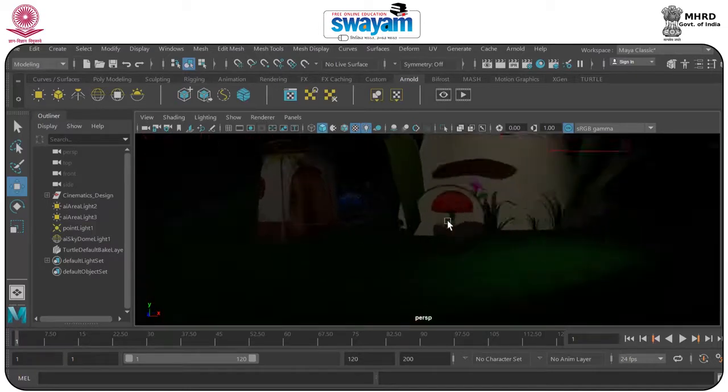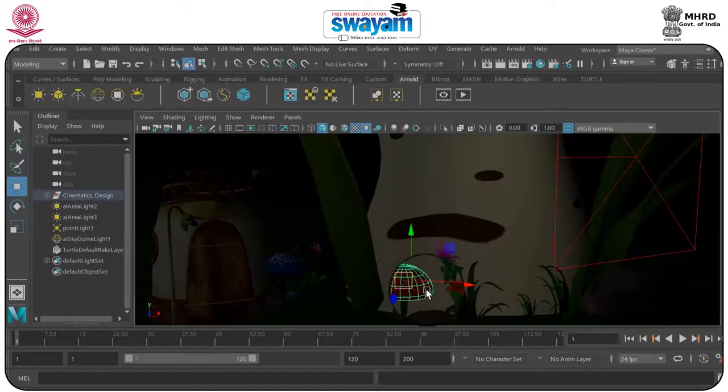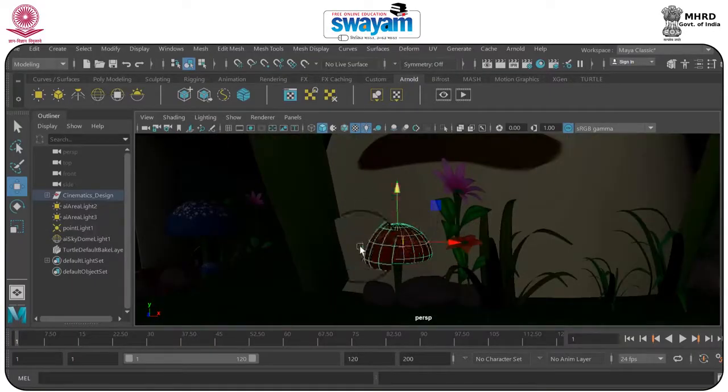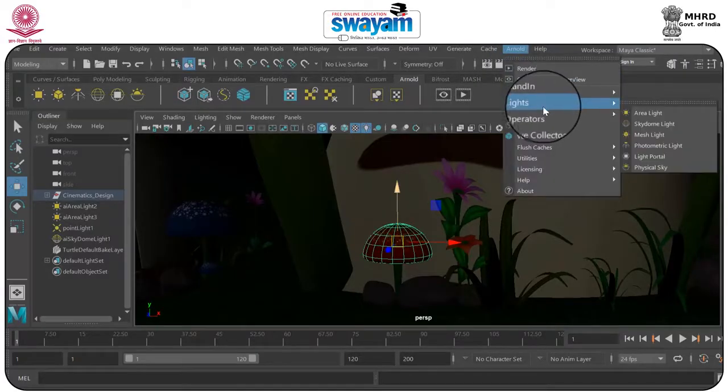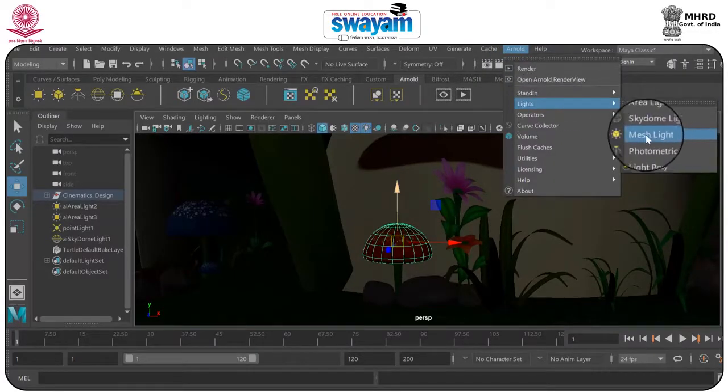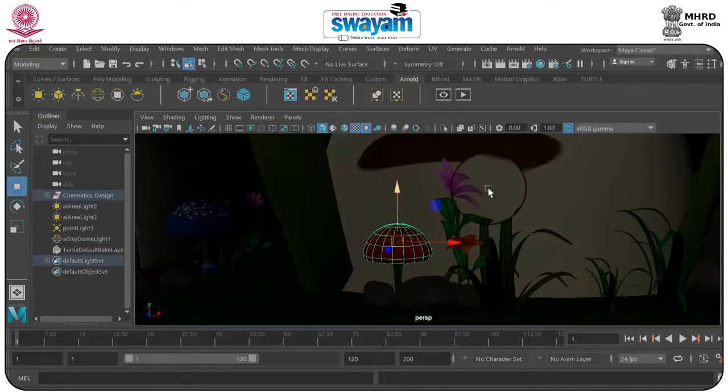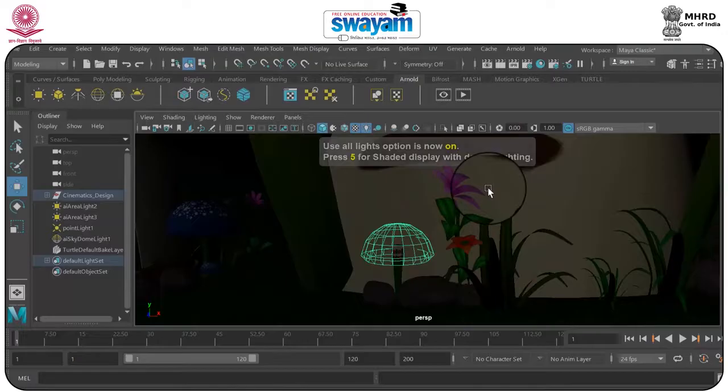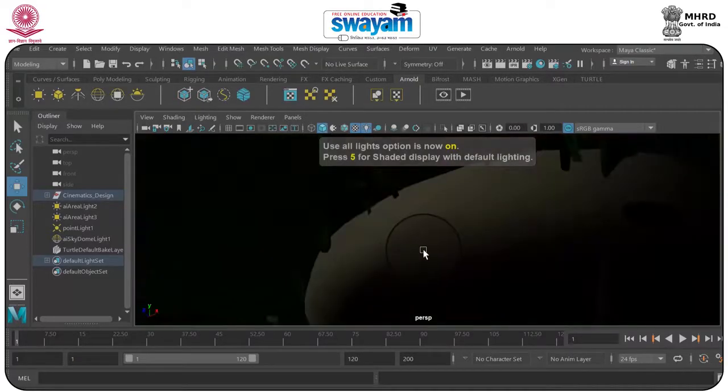Now one more thing: if you select any particular object and go to Arnold and Lights, here you have the mesh light. What the mesh light does, if you click here and I press 7, now you see it's converted into light.